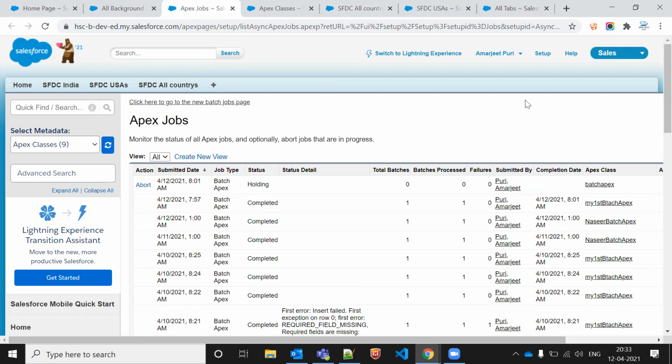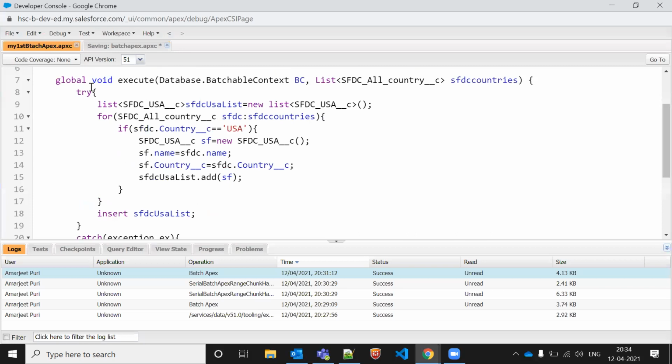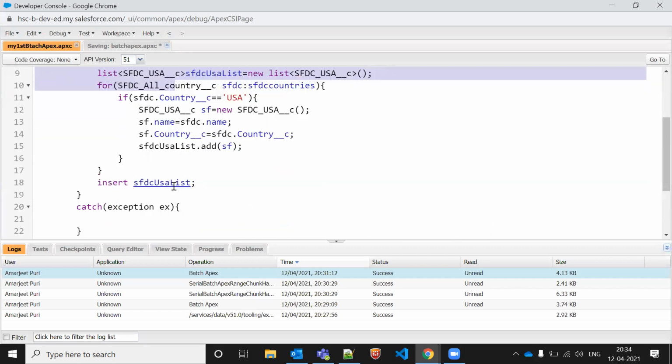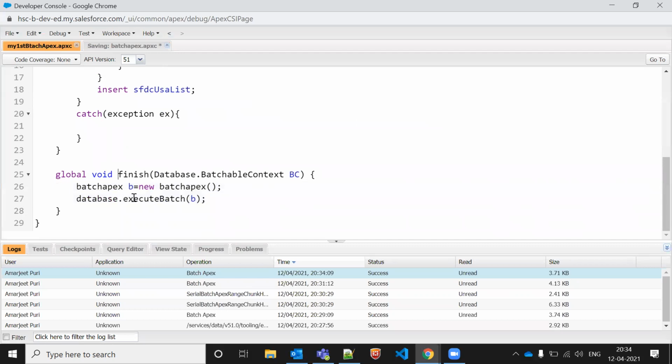See, still it is showing, actually our code is not incorrect, the code is correct. So what is happening now? This batch apex, you know, this one is executed successfully, right? It is transferred. But what about this? This is not wrong, this is correct. First everything is finished and transferred. Now it should be deleted, right?